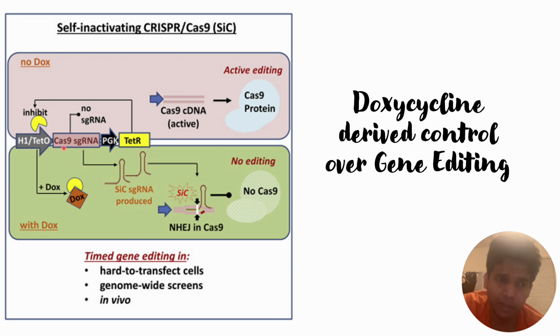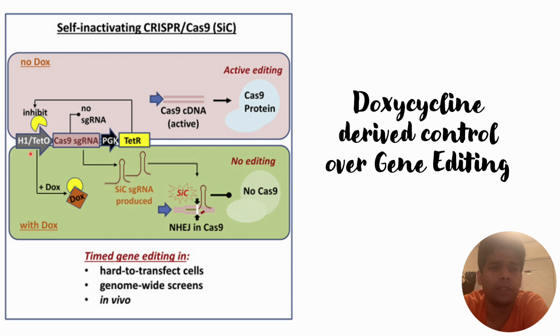Cas9 G7 guide RNA. So in the normal case, when the doxycycline is not activated, this Cas9 G7 is not translated, as we can see here that it is inhibited in the normal case, and because of this the Cas9 that is present within the cells is able to continue its gene editing. However, when the doxycycline is introduced into the system, what it does is it will remove this